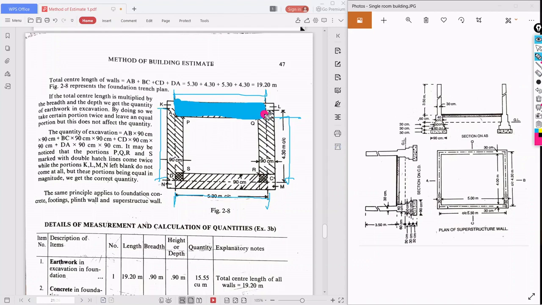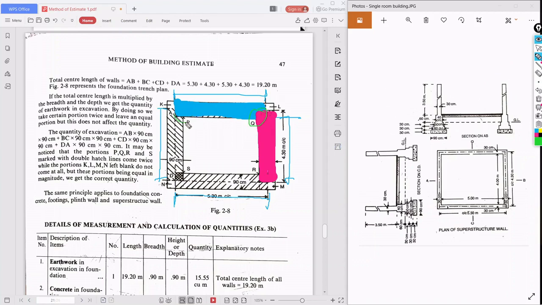While doing this center line, did you observe what I did here at this portion?